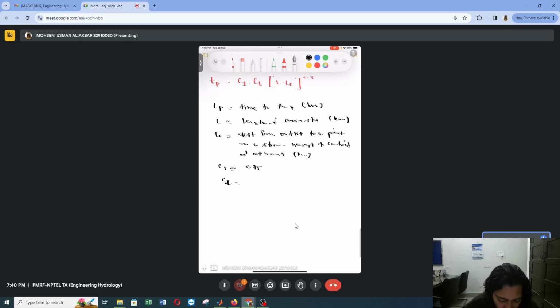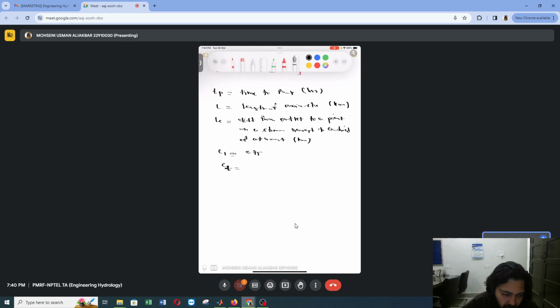So once we have calculated the time to peak, then we can calculate the peak discharge also. The second thing that we can calculate is peak discharge, and how we can do that is by multiplying this equation, C2 upon Cp by Tp, right? Where C2 is also another coefficient whose value is approximately equal to 2.75, and the coefficient Cp can be found out using some nearby catchment coefficient, right?